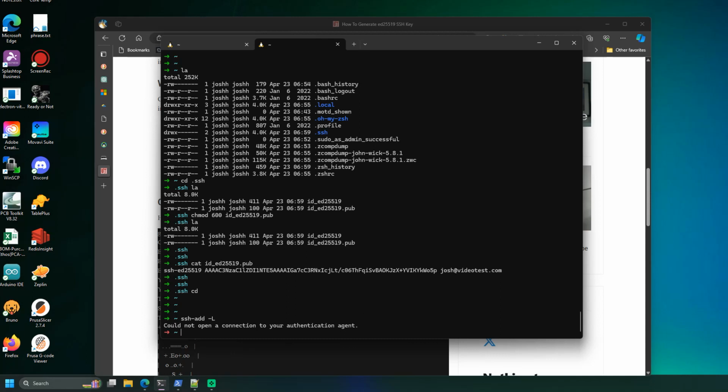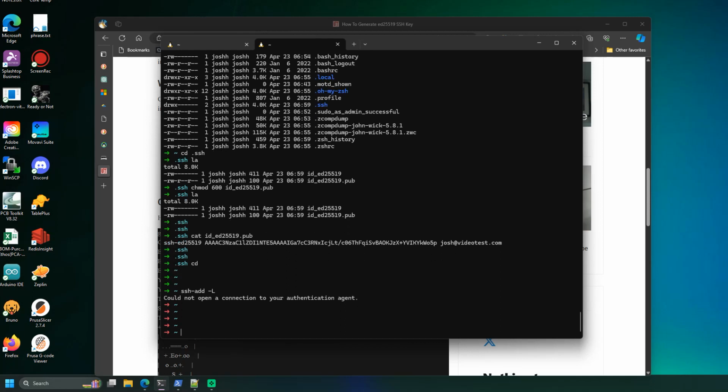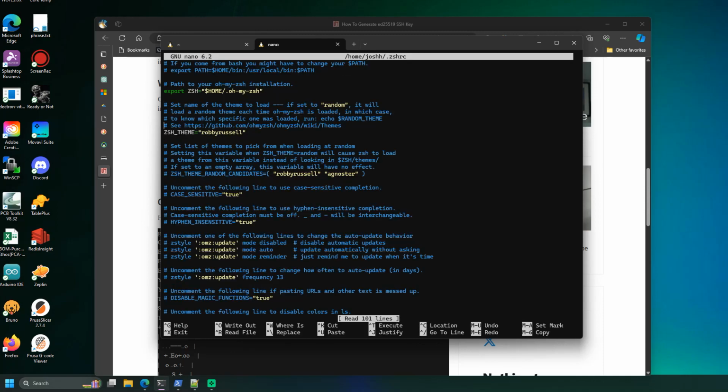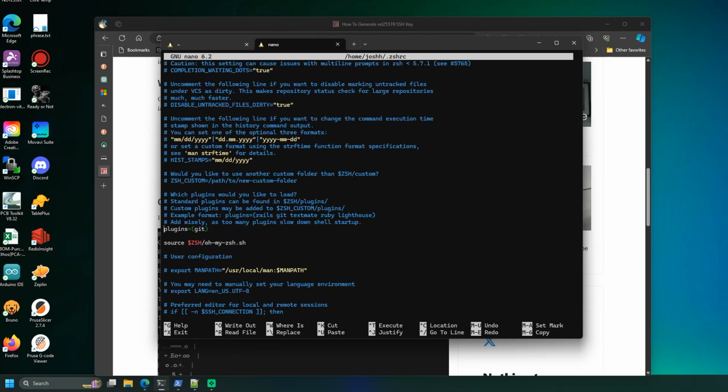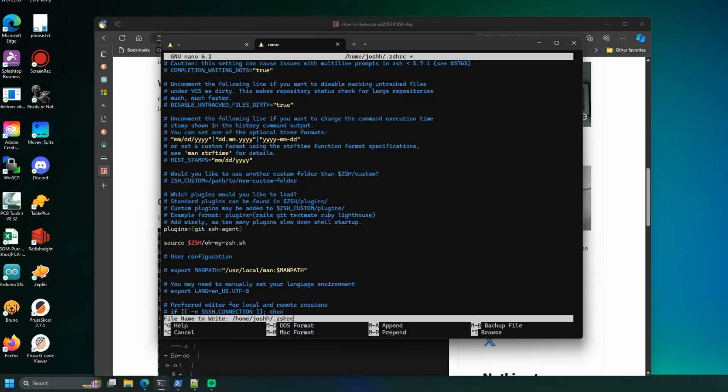And so you can go through the whole process of setting your agent up and setting up a script on startup to load your keys and do all that kind of stuff. But this is where the power of Oh My ZSH comes in. We can edit our .zshrc file, and we can come down here and add our first plugin. This is one that I pretty much always add almost immediately, and you add them by just putting spaces between. The one I'm looking for is ssh-agent, and if I type ssh-agent